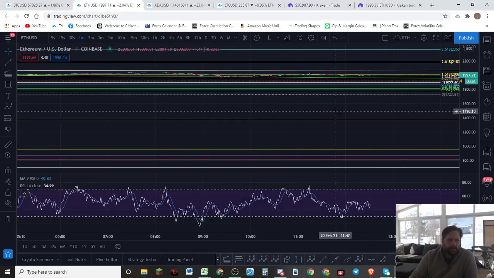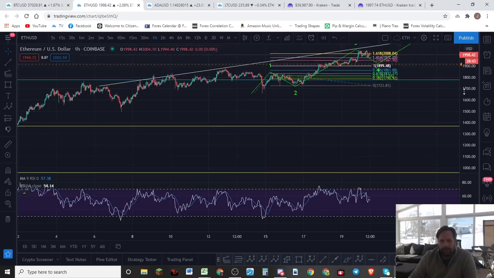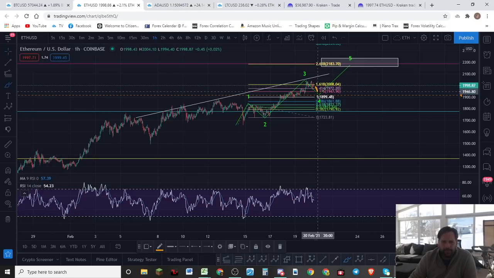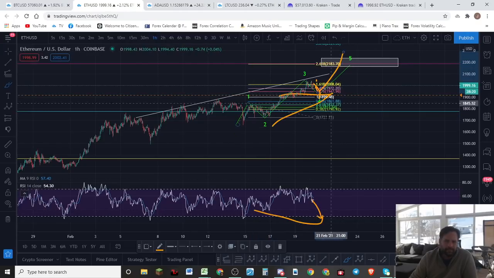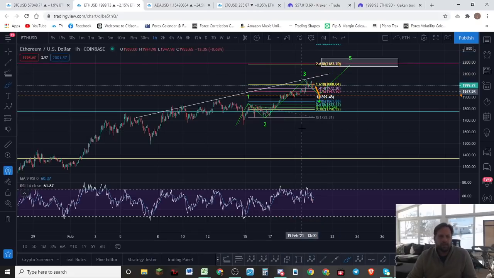All right, 1 hour. Excuse me, that's the 1 minute chart. The 1 hour chart is still showing potential signs to the downside here, at least a reset for a corrective wave to give us the hidden bullish divergence that we'd like to see for one more wave to the upside. So, how could this play out? This might just come on down to this zone right here, about 1900. That would reset the RSI, give you the hidden bullish divergence we like to see, and that'll give us our next wave to the upside. So that's a possibility as well in the small time frames on what it could be doing.